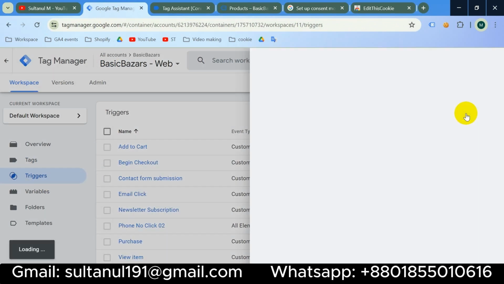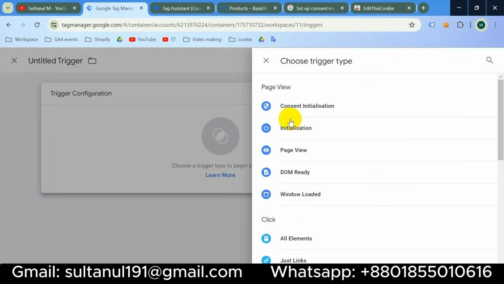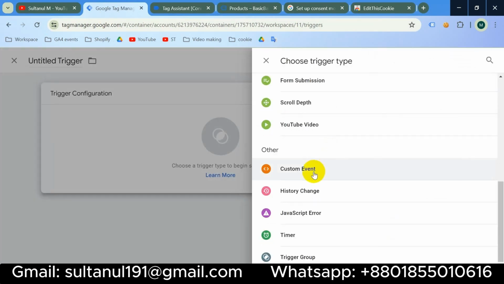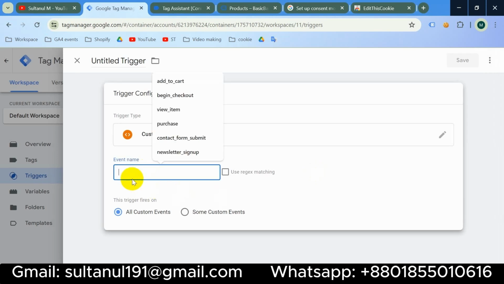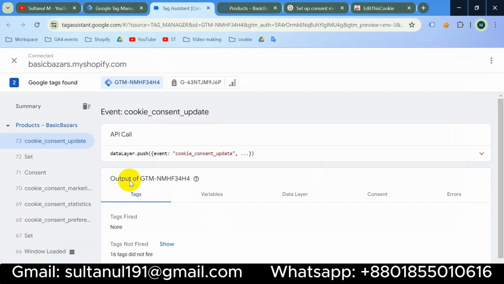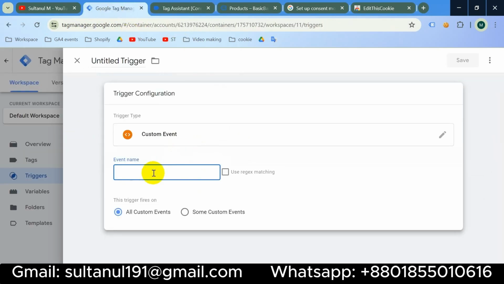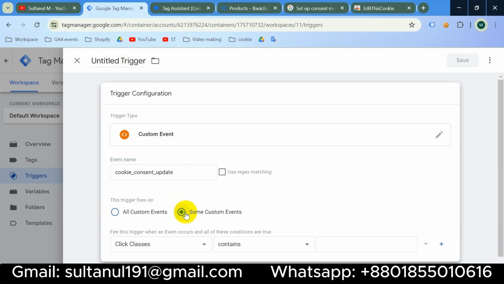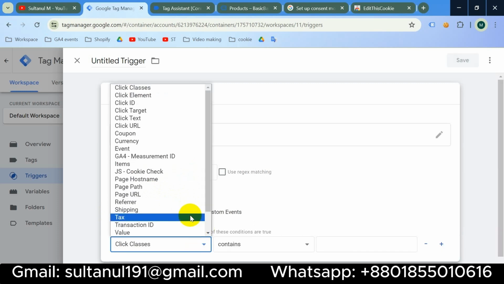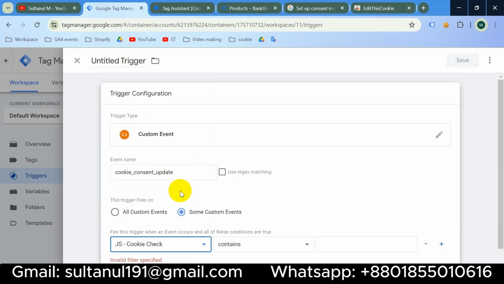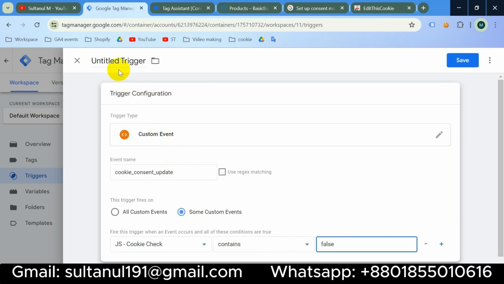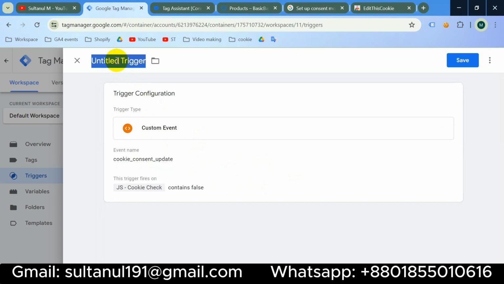Take a new trigger, trigger configuration, and I will choose from here Custom Event, and the event name will be, go to the Tag Assistant tab and I will copy this event name from here, then paste here: cookie consent update. This trigger fires on some custom events, and that's when the JavaScript variable that I created a while ago contains false. Then I will entitle the trigger page view cookie consent update,